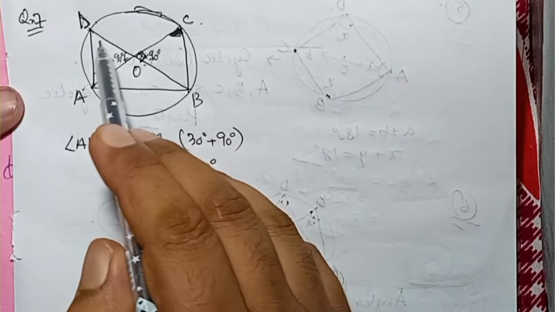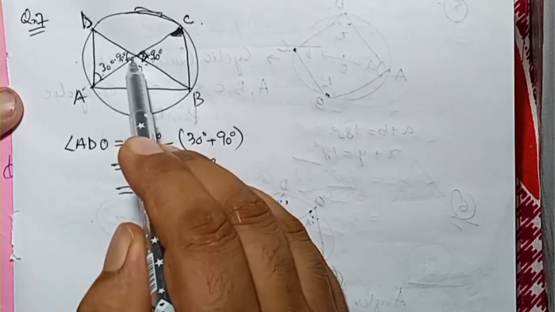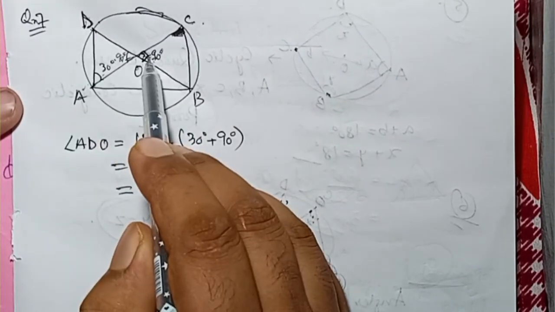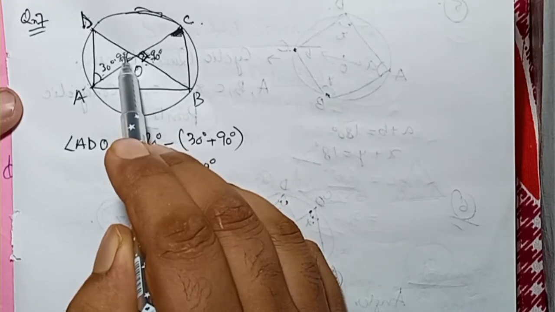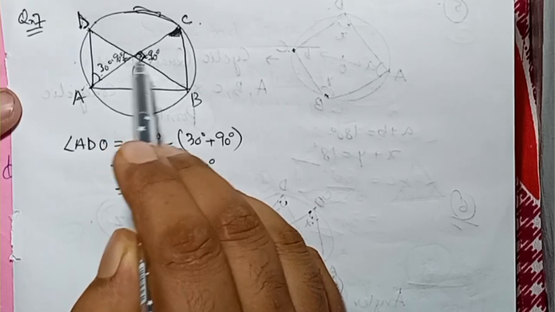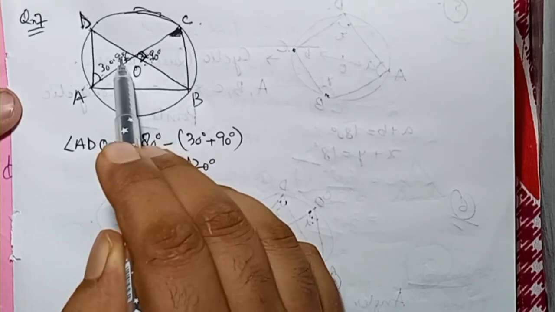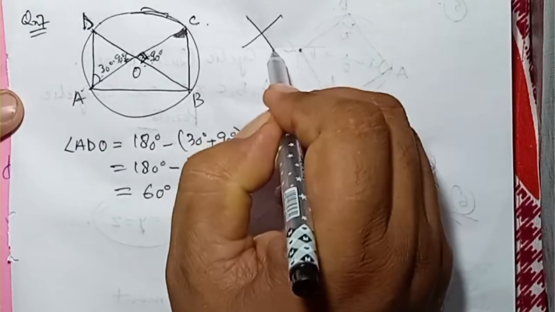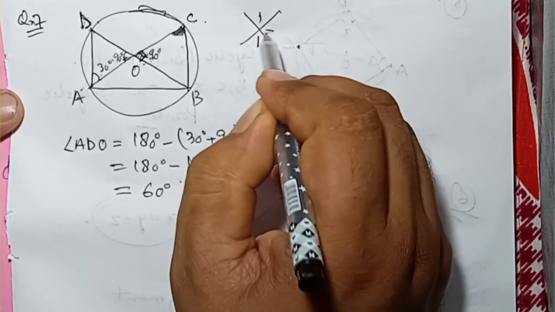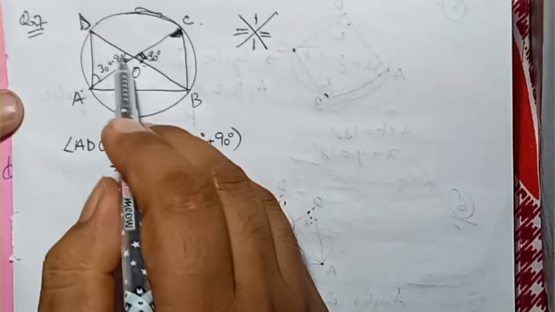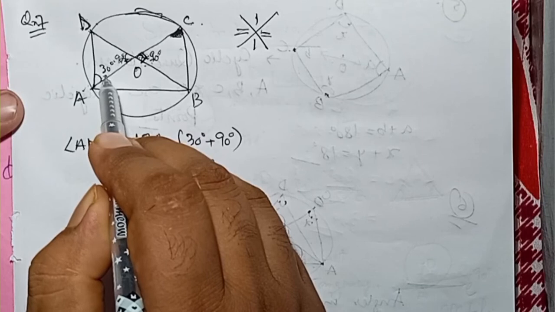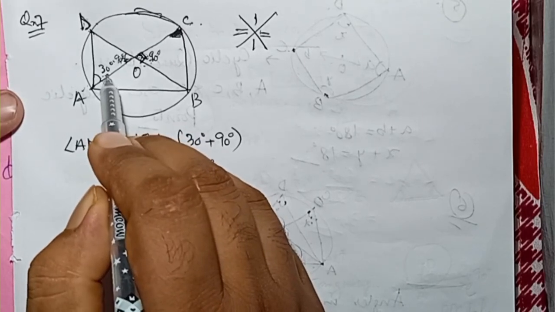You can see this is the triangle AOB. This is given, the symbol is given, that it is 90 degree. So this will also be equal to 90 because they are vertically opposite angles. Vertically opposite angles are equal, like this. This angle is equal to this. This angle is equal to this. So this is 90. This is 30. 90 plus 30 is how much? That is